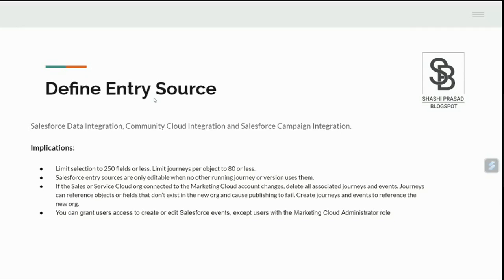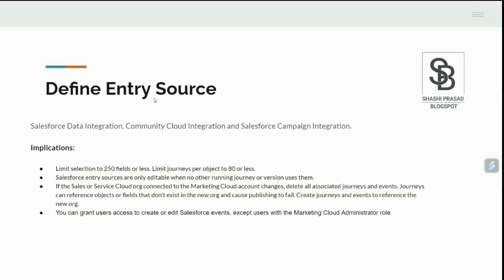Let me put it in layman's terms. Say today you configured a journey with Salesforce data entry. Most Salesforce orgs sometimes refresh their org. They refresh the sandbox, and they refresh the production org too, with a lot of activity for their optimization and data architecture. When they do a refresh, sometimes we even have to stop the MC Connect and disconnect that connection, the handshaking. When you disrupt that, because internally it uses Process Builder and more in Sales Cloud,